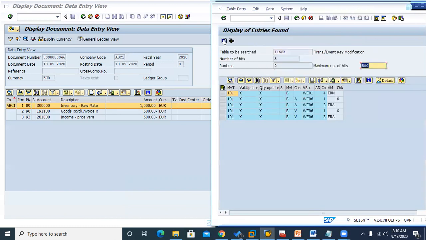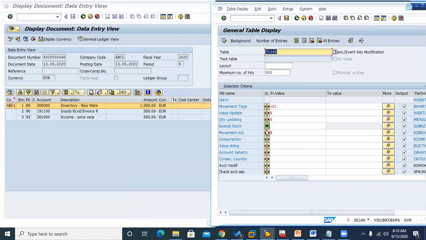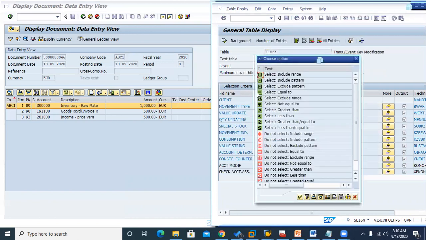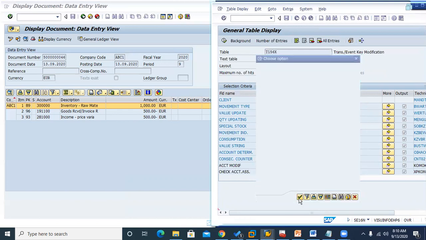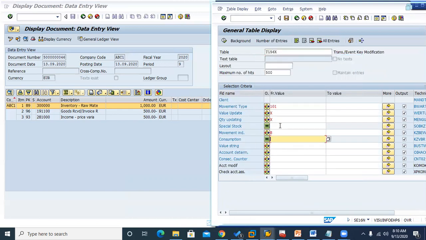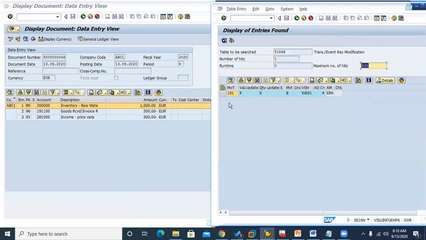You can execute it. You're going to get 1, 2, 3, 4, 5 records. But in these 5 records, we have not kept the consumption one; we have not filtered it. If you are not filtering, you can see how many records are coming. Similarly, if you are not filtering with this space, then other records are also going to come. That's why I have shown one. So here also you can filter as a space. Now this is also space we have given, this is also space. In this, how many records are we going to see? You're going to find only one.